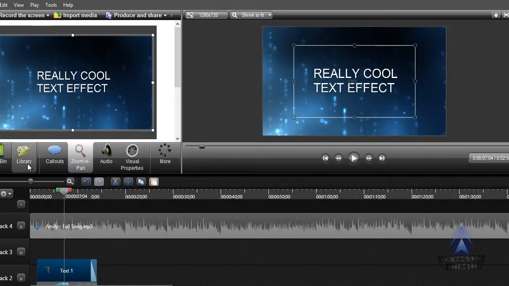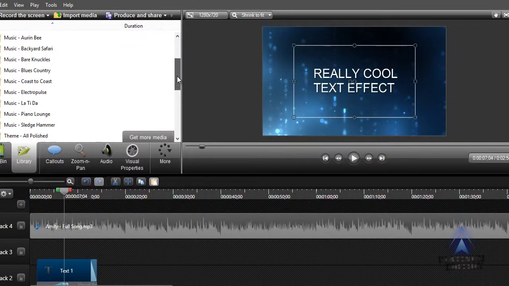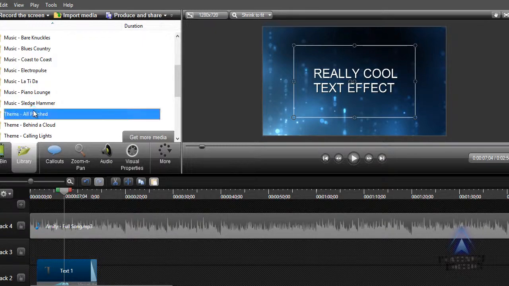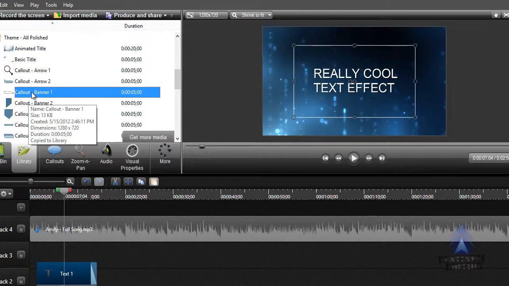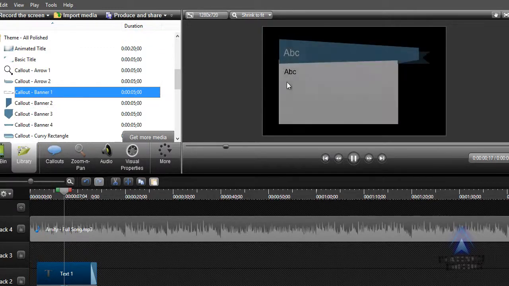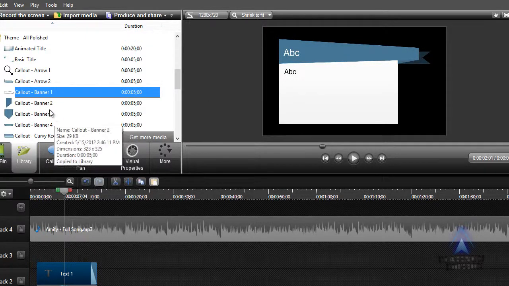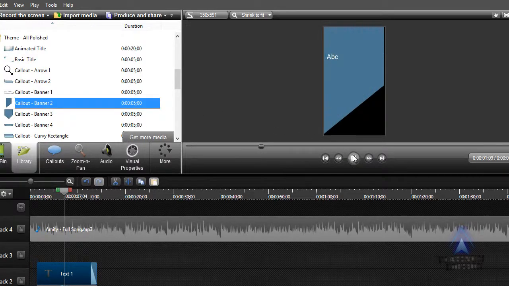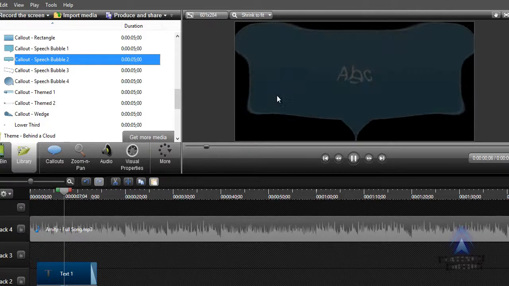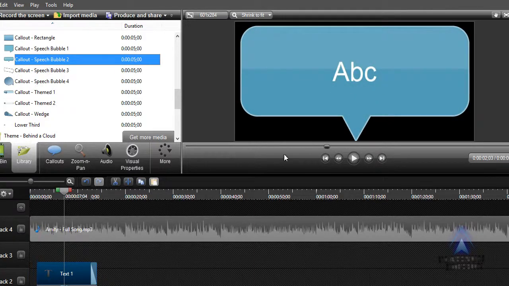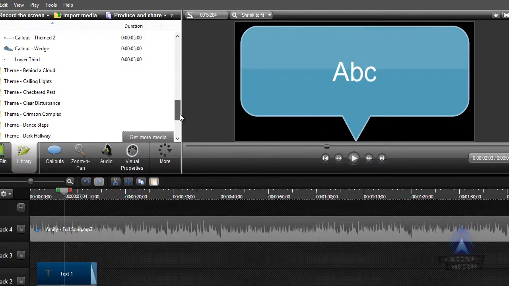In the libraries, there's tons of themes, and themes are all kinds of animation packs and title tags and things like that that you can use within your videos. They have banners, animated banners, call out banners. There are even speech bubbles, some animated speech bubbles and things like that that you can all edit and add to your